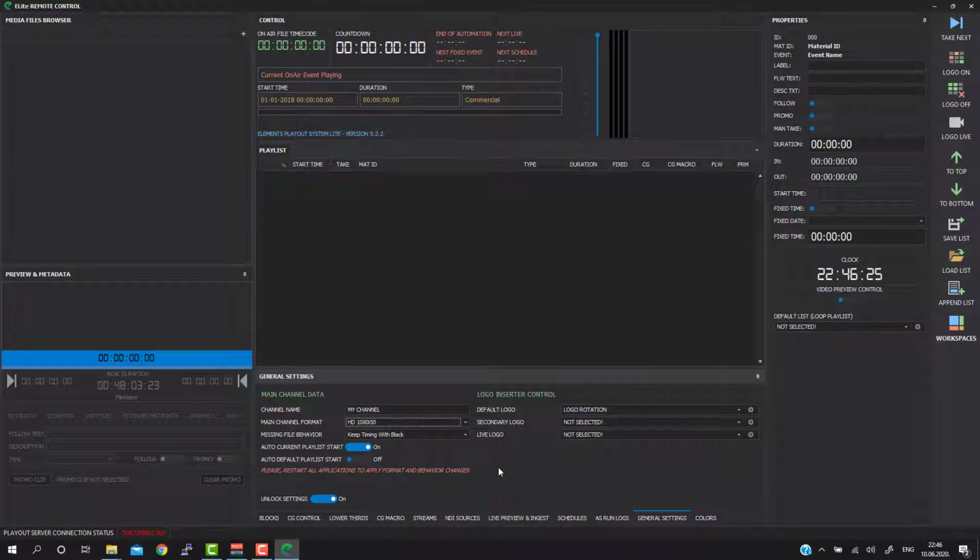So in any case, you're able to choose one format for the playlist and also different formats for different outputs in the playout server. So we will see this in our next chapter in this tutorial. Also, beside these basic parameters, you can find missing file behavior settings, current playlist start, automatic current playlist start. So in case the playout server is restarted, playout will try to hook for the active playlist, already loaded playlist